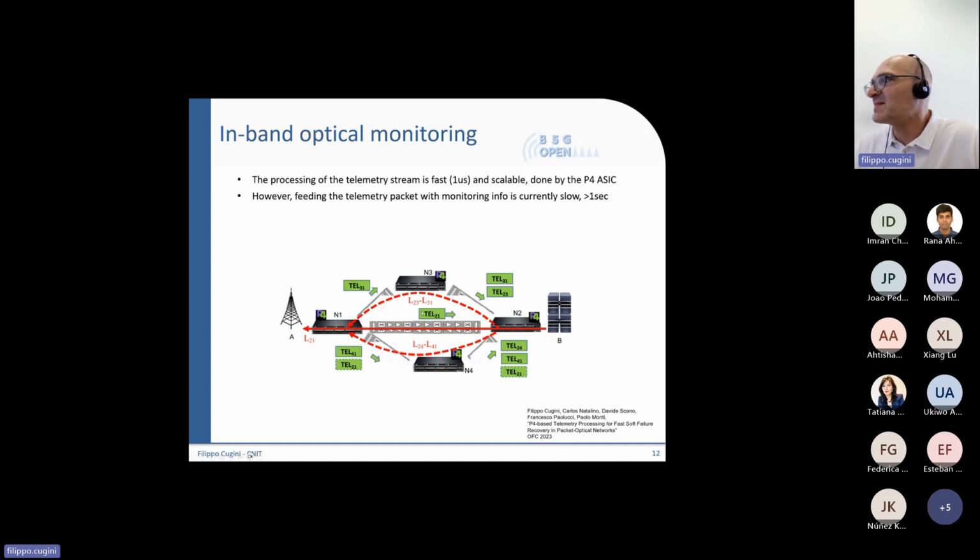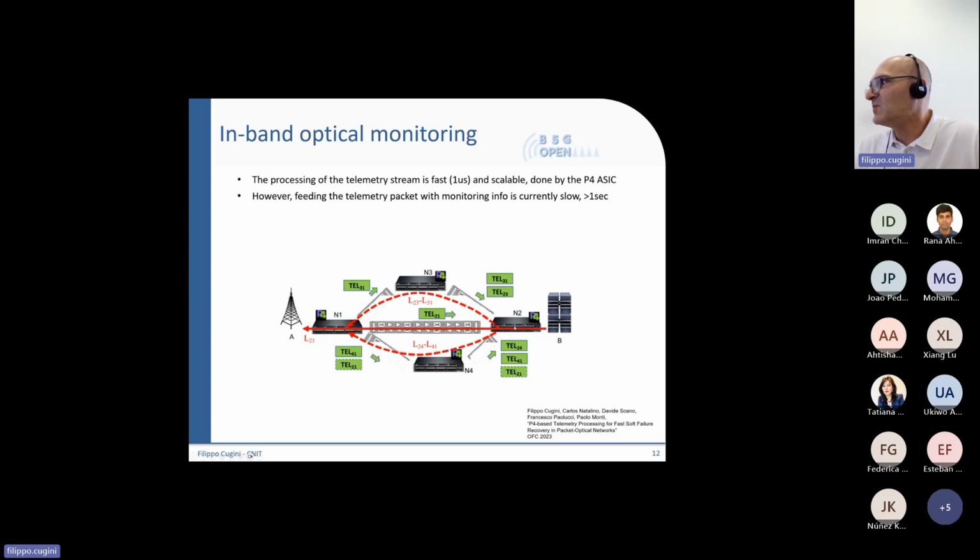We can apply the same exchange of telemetry data from node 1 to node 2 that informs node 2 about the performance of the link from 2 to 1. We can apply the same about the link from 3 to 1, from 4 to 1.